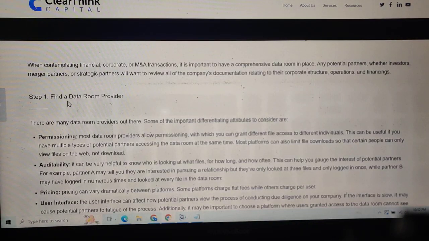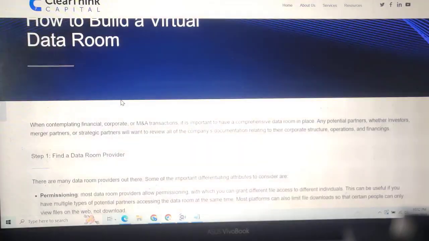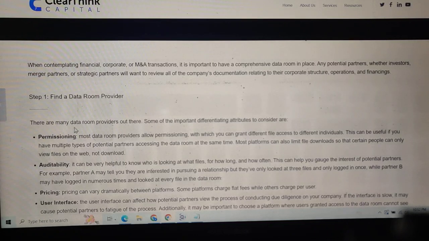Step 1. Find a data room provider. There are many data room providers. Out of the sum of importance, differentiation alternatives to consider are